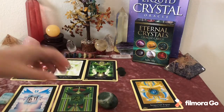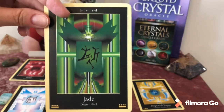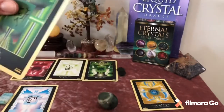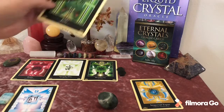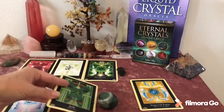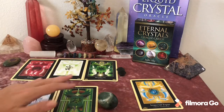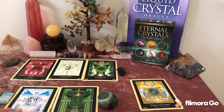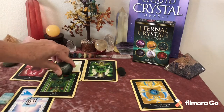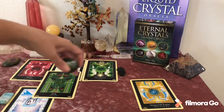So with the jade too, in your obstacle, it's all about dream work, and great wisdom and being wise, and even good luck is what I use jade for. It doesn't talk about that in this book here, but in my own intuitive work with my jade, it's always about good luck and good fortune. So the fact that the service, the dream work, and the good luck and fortune is in the obstacle means that you're going to need to use both of these powers, the jade and the apophyllite, to go into the dream work to find out what you're going to need to do for your bravery and your courage